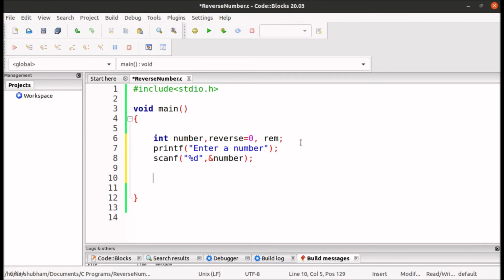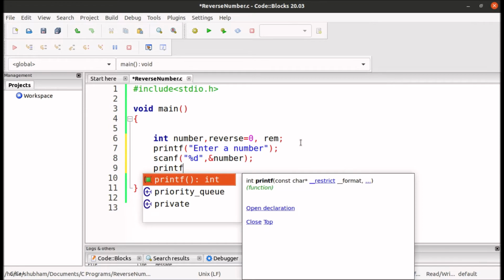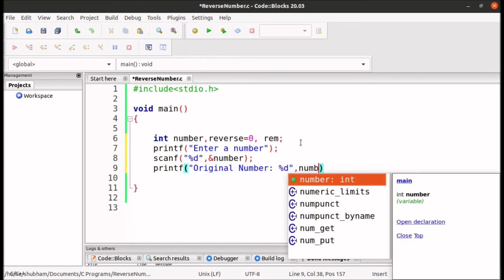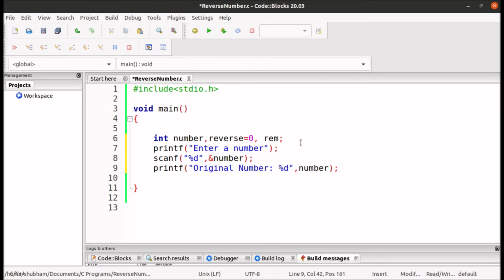Okay, let's print the original number, printf, original number %d, and it is stored in the variable called number. And let's have a next line here.